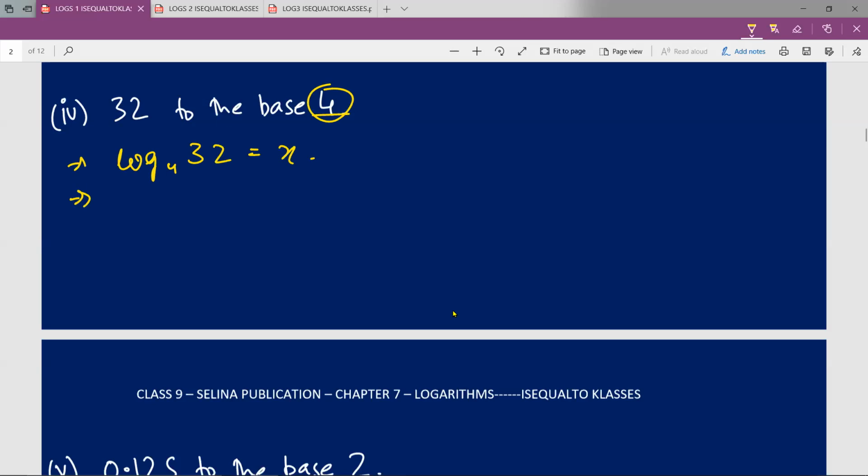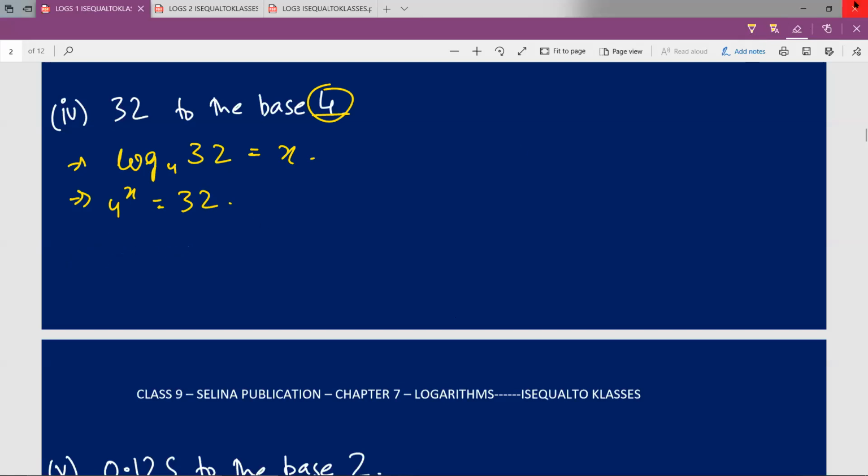So now it is mentioned in logarithmic form. So in the exponential form, I can write this as 4 raised to the power x is equal to 32. Therefore, x will be equal to what power of 4 gives you 32. Now over here, there is a slight change. I cannot solve these in 3 steps. I can solve them in 5 or 6 steps or even more. So I'll just rub the final statement.